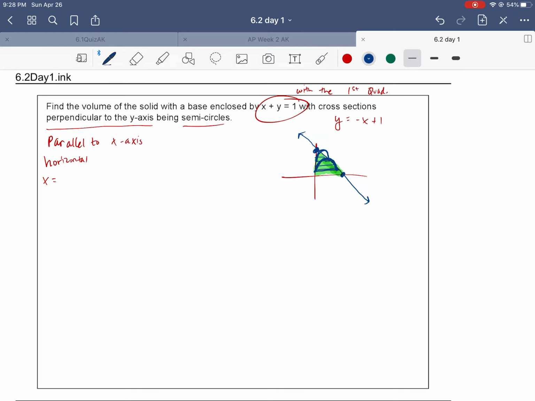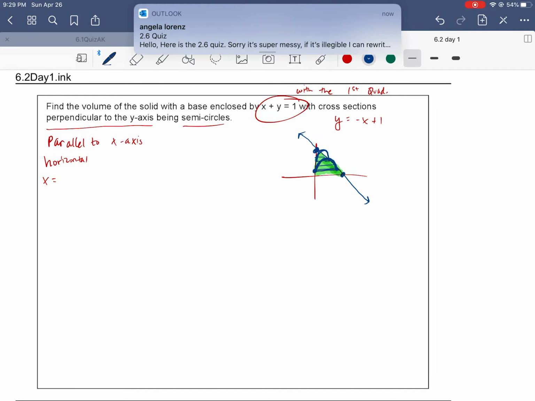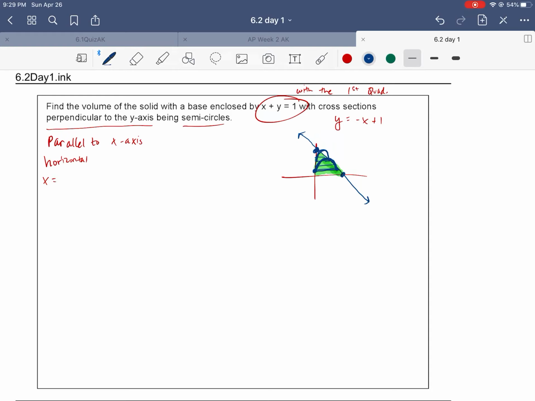Now this time, I don't have that symmetry that I had before, right? I'm not crossing over the y-axis. So now my semicircle, one side of it is on the y-axis, and one side of it is on the line. So cut it, lay it flat, horizontal, how I drew it. Okay. So my focus is, if I want the area of a semicircle,